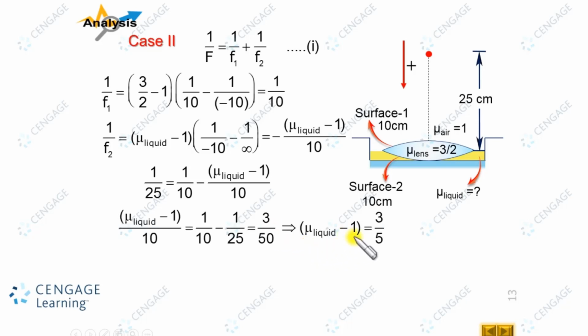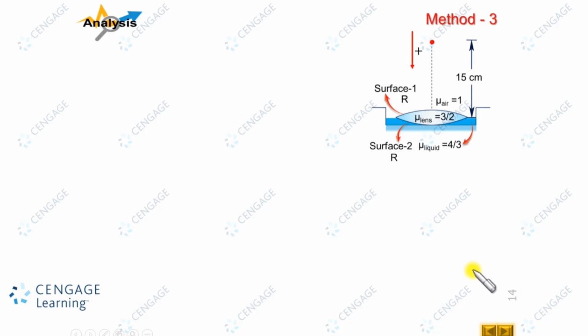So this after calculation is equal to 8 by 5. You can observe the same value we are finding as we have done in the previous case. Now let us solve the same problem by another method. Method number 3. If you observe this system, this is a biconvex lens and we can assume this is a